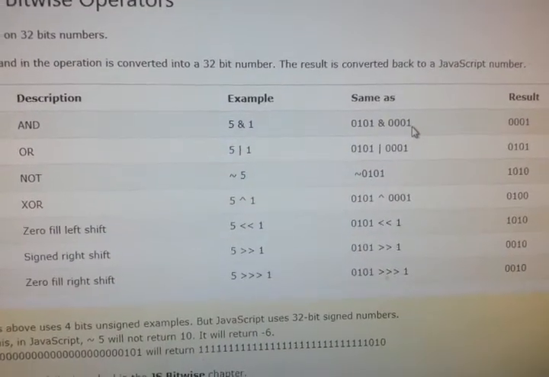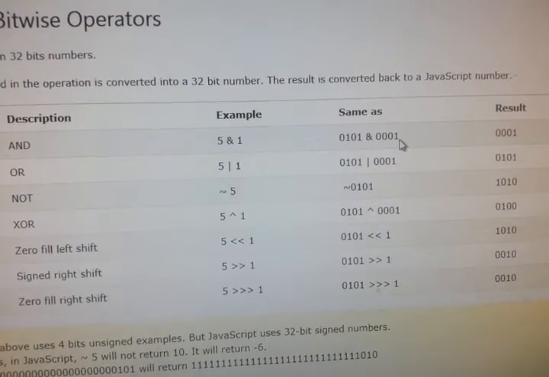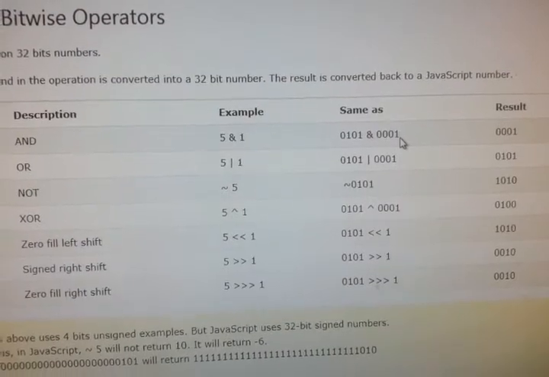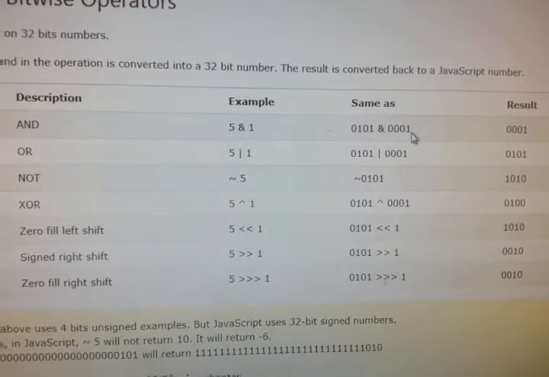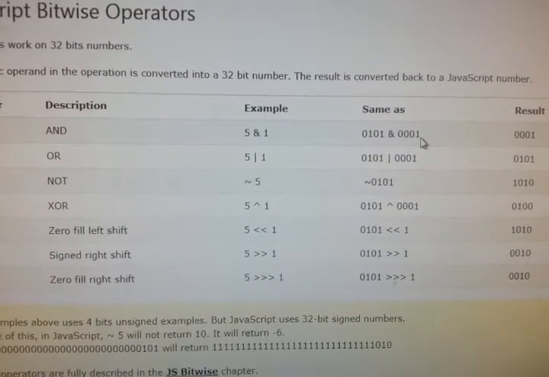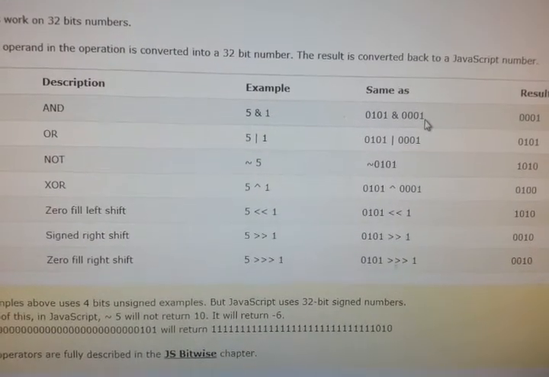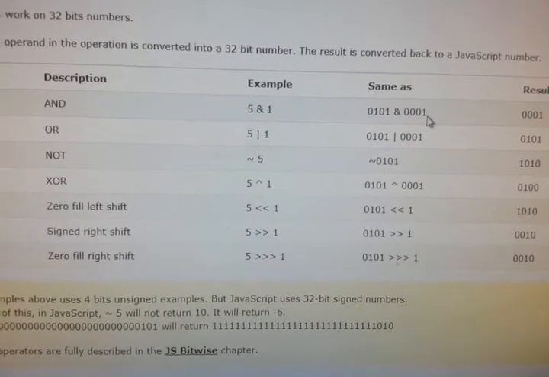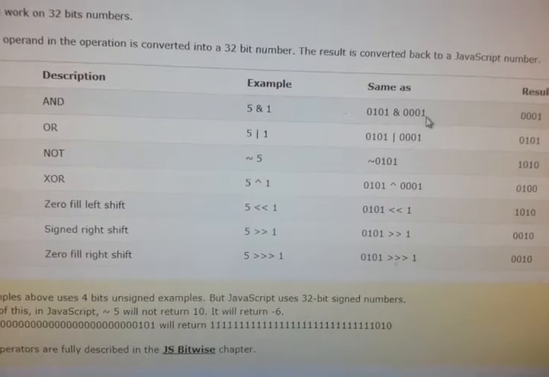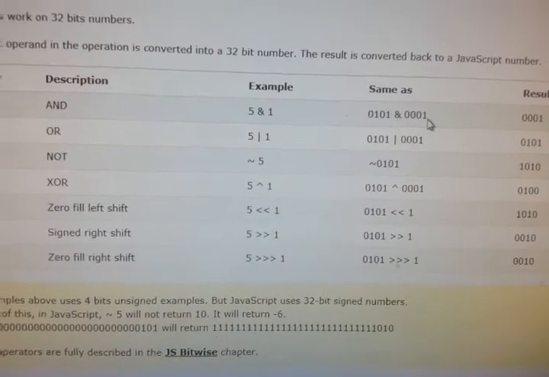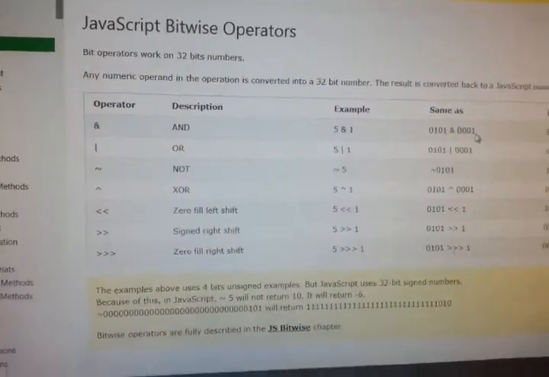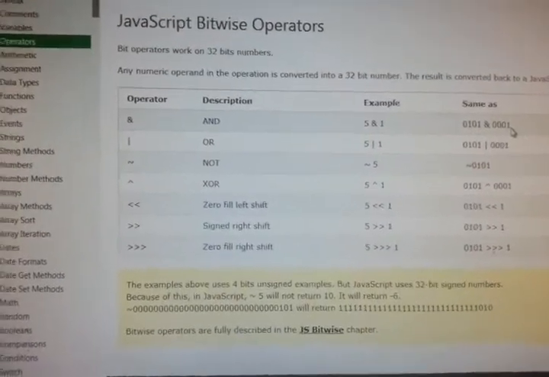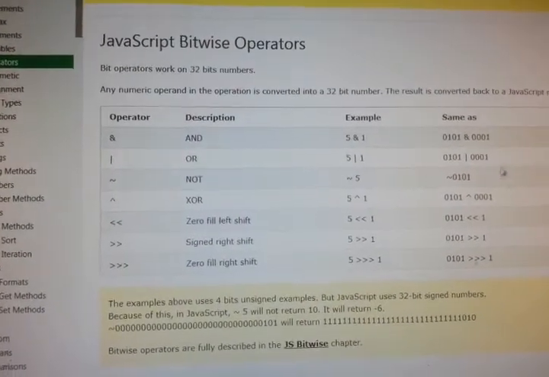And this is a simple example on that. Here, whatever value we write will be converted to binary, and then it will compute. We'll see examples on all these operators one by one. Now this is about bitwise operators.